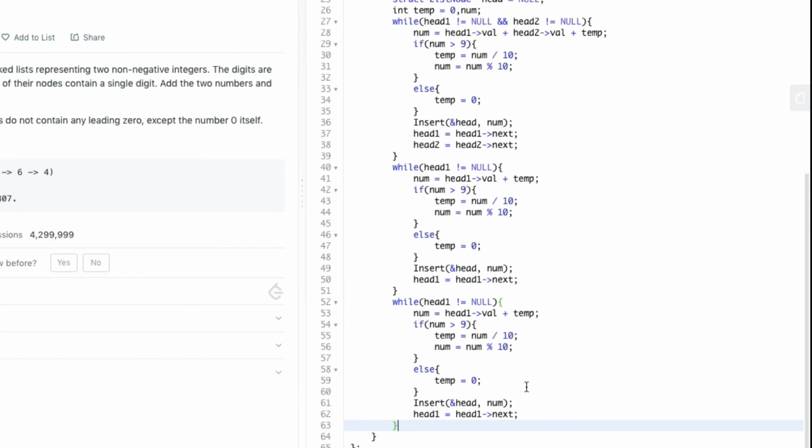The case is similar with head 2 as well, where we check whether head 2 is not equal to null. If so, we make num the val of head 2 plus temp. And finally, we increment the head 2 pointer.